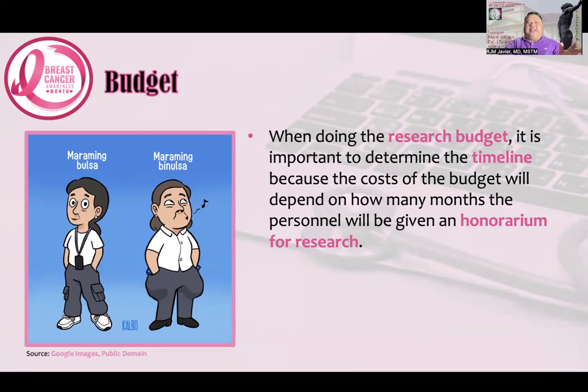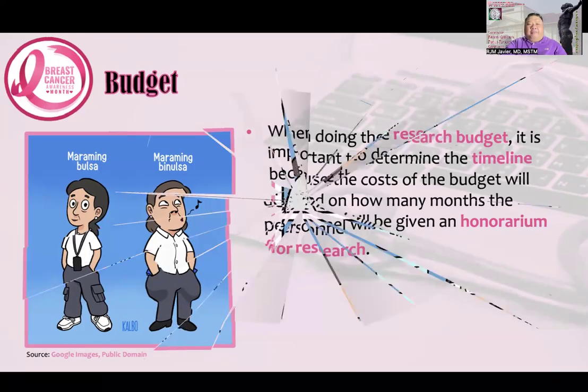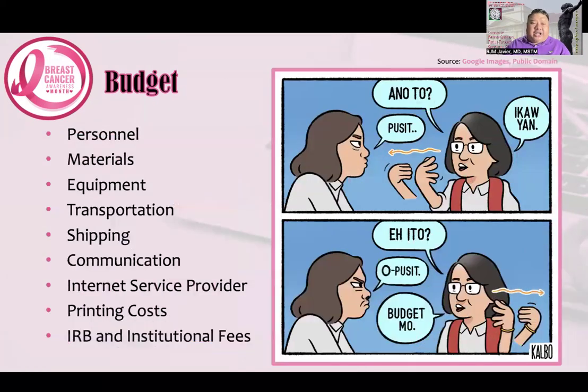But of course, this is something that is not part of your research endeavor. No? As for your budget, it's more of what you will be utilizing for the actual implementation of your study. So in your case, the budget would include the personnel. Let's say, for example, if there is a need to get a language expert, or if you need to back translate your questionnaire. Sometimes we need to coordinate with the Kagawaran ng Wikang Filipino, for them to verify whether there is good back translation of a Filipino tool to English, then English to Filipino, something like that.